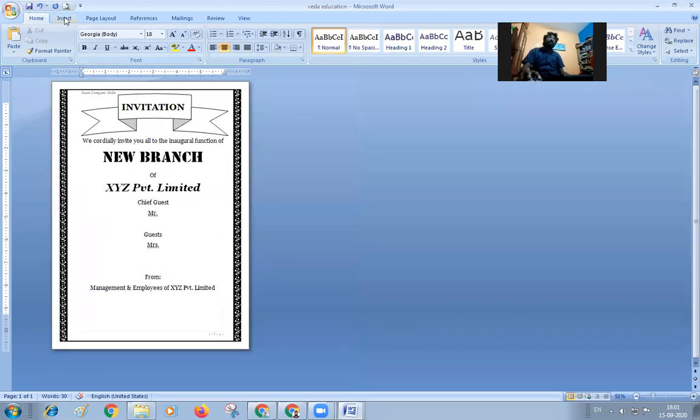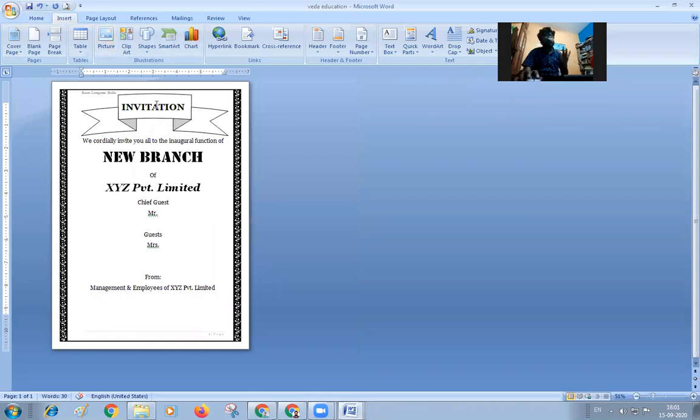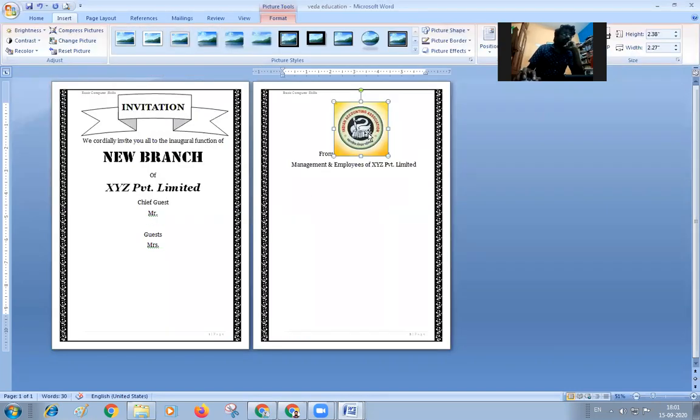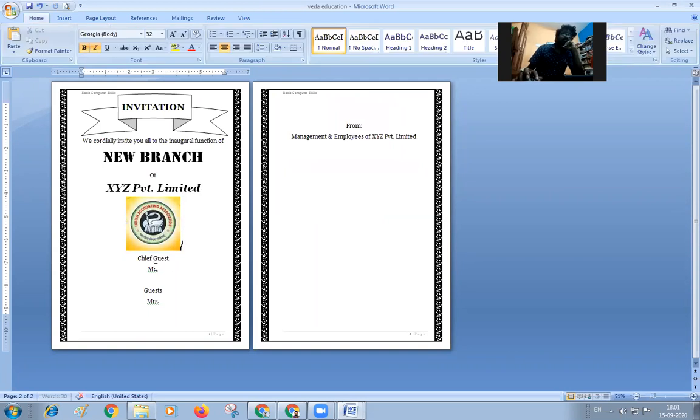And if you are dealing in some companies which are dealing with private computer services, whatever symbols you have, you can insert them. If you have a photograph with you, you can insert a photograph also by clicking on the insert picture option. See this. I have a picture here with me. Then I'm inserting this picture here. Then I can insert the picture over here also, whatever the requirement. Then I can insert the picture like this, and the running matter can go.